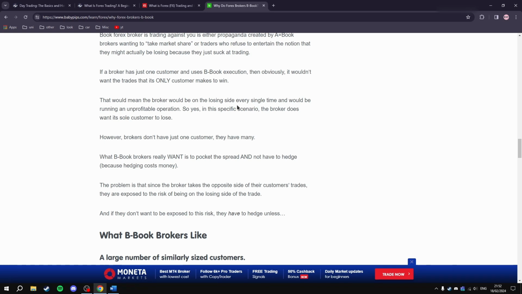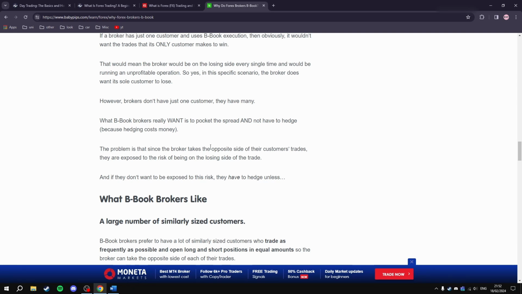However, brokers don't have just one customer, they have many. What B-book brokers really want is to pocket all the spreads and not have to hedge, because hedging costs money. The problem is that since the broker takes the opposite side of their customers' trades, they are exposed to the risk of being on the losing side of the trades, and if they don't want to be exposed to this risk, they have to hedge, unless